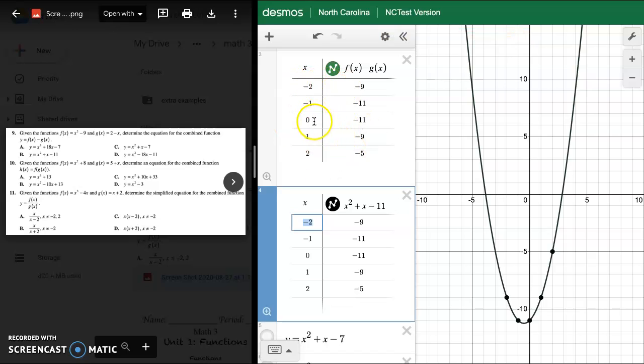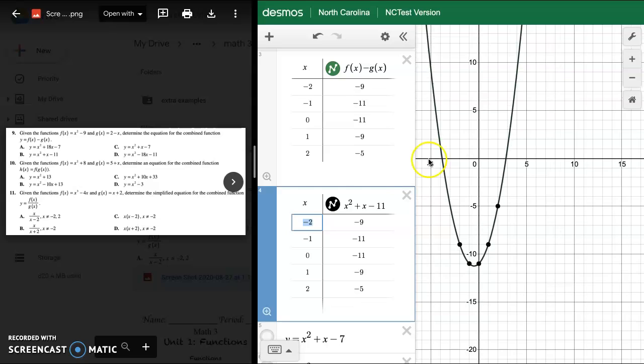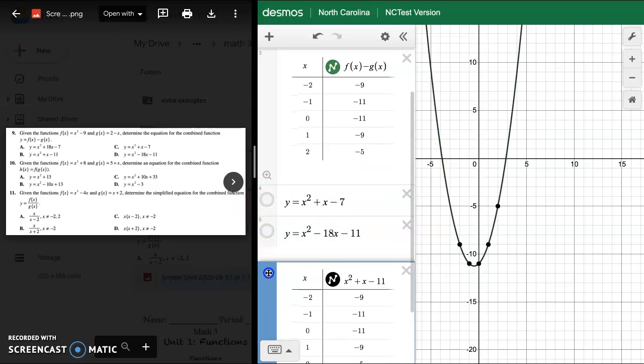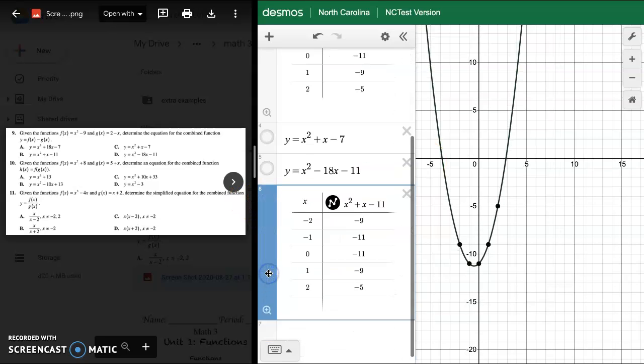I personally like 0, 1, and 2. So 0, negative 11 in my original, 0, negative 11 in my new. So that's one that matches. Again, you have to have 3 or more. 1, negative 9, 1, negative 9. So that's 2. Then I have 2, negative 5, and then 2, negative 5. So these are my 3 points, which tells me that this is probably going to be my correct answer, but